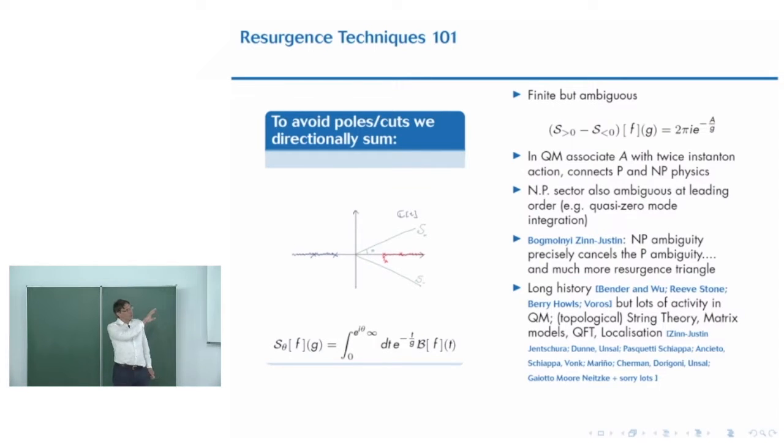And it's ambiguous in a different way. It's not like you have to do a large order analysis. It's actually ambiguous at leading order, because you're looking at instanton, anti-instanton pairs. There's a moduli space that you need to integrate over, and that integration over the moduli space, some quasi-zero mode, actually, there's a potential, is ambiguous, and you need a prescription to treat that integration. And what was shown by Bogomolny and separately Zinn-Justin was that this ambiguity here is exactly the same and opposite to the ambiguity in the non-perturbative sector.